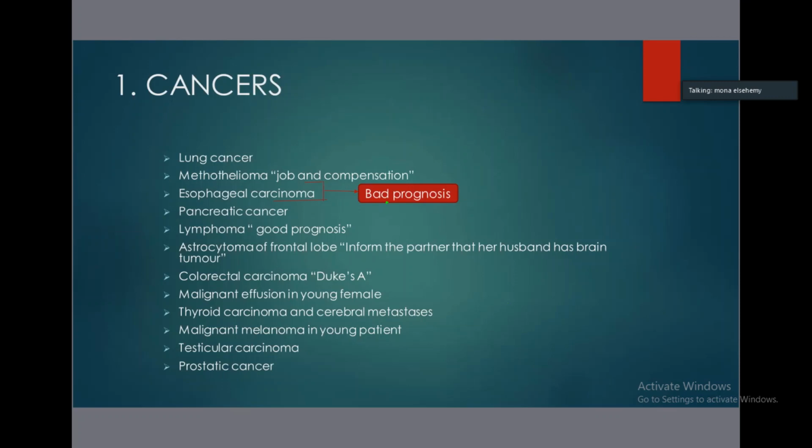The third step is the only one that differs. I'm going to start with breaking bad news. In breaking bad news, usually these are the steps that I talk about. There is a certain approach for breaking bad news. It includes, first of all, that you have to give a warning shot. I'm sorry to tell you that, but the result of your test reveals some serious result, or it's not as good as we hoped, it shows something serious.